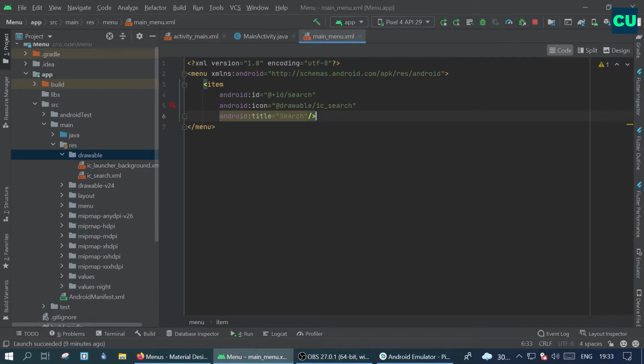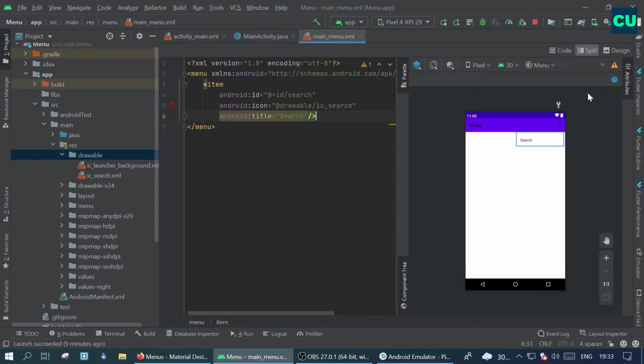Now let's see if this is created properly. To see a preview even before attaching it to your activity, we can choose the split mode here, and you can see that we have a search menu item. But this search menu item appears below the app bar and is not shown as an icon in the activity's app bar.